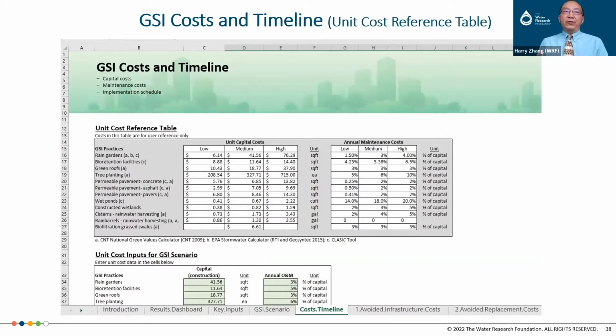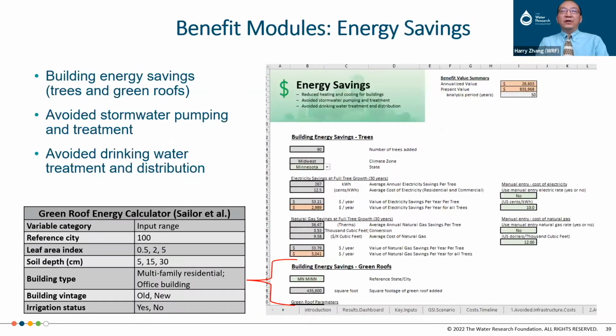This one we collaborate with the CLASIC effort. It uses the unit cost reference table, which gives you a low, medium, high estimate based on literature and on the CLASIC work. So you can pick that if you want to see the cost value as well, using this standard, using this tool alone. And also in the benefit category, here are a couple of screenshots